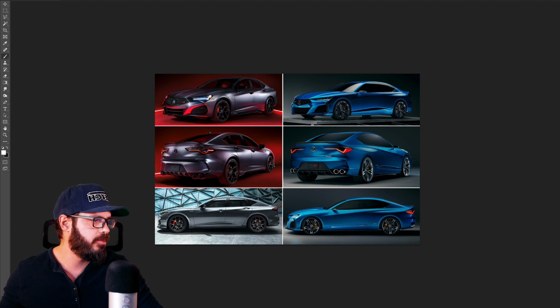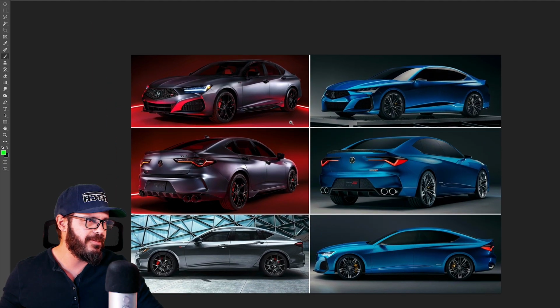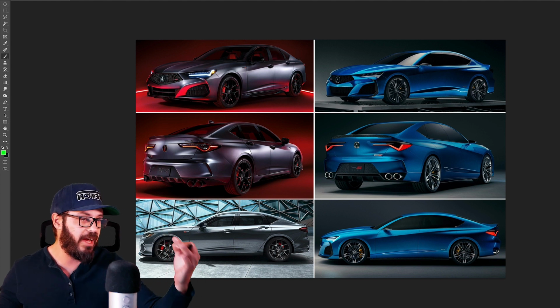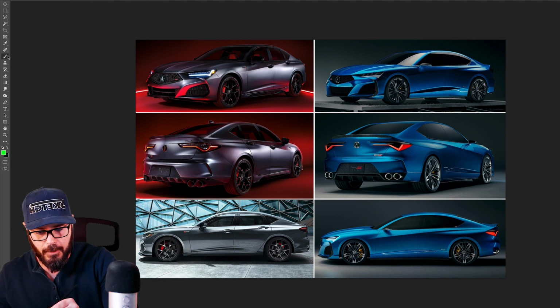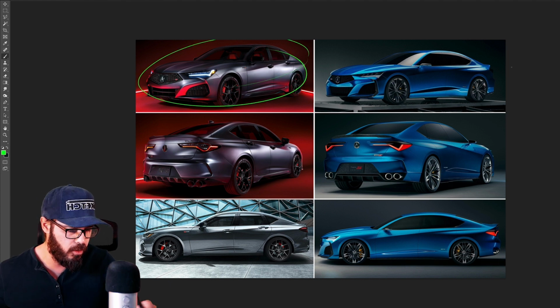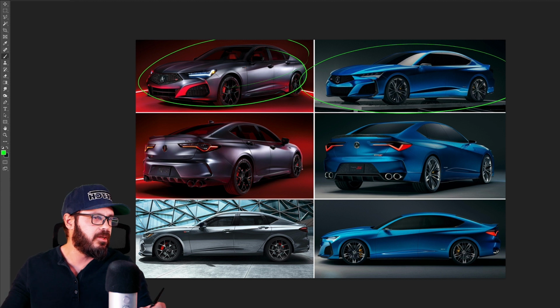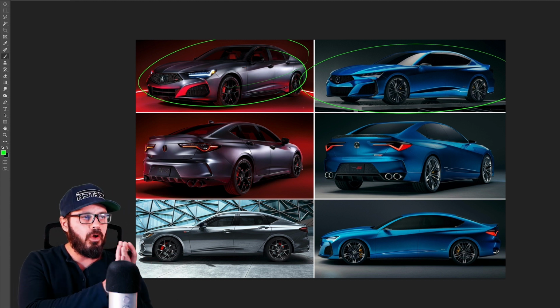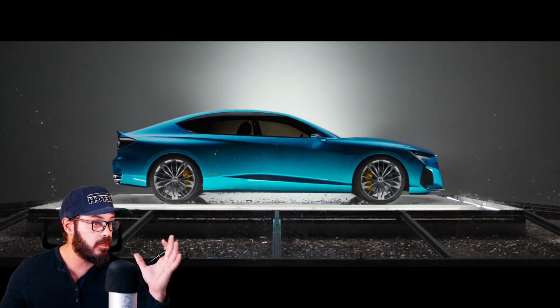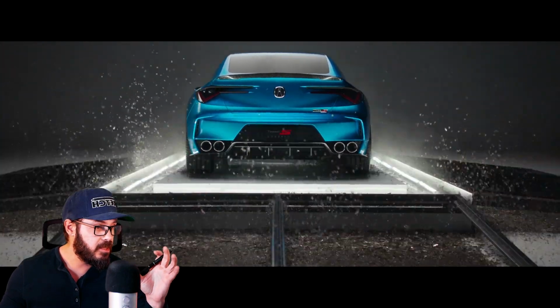I want to show you this comparison that I was talking about between the concept and the production version. So have a look at this. And you can clearly see that this is almost the identical car. It's almost the same exact styling in the production from the concept. Of course, you have the production being the left side, and then you have the beautiful concept on the right. And I think something is just lost in this translation here. I'm not sure exactly what it is. I think it's probably best seen or